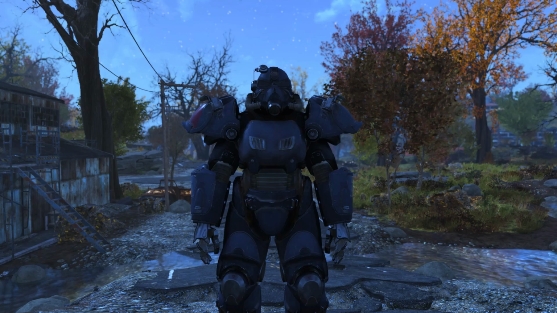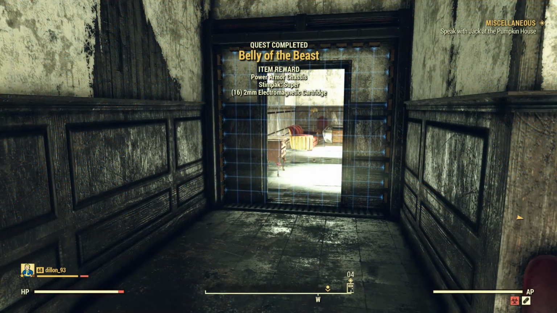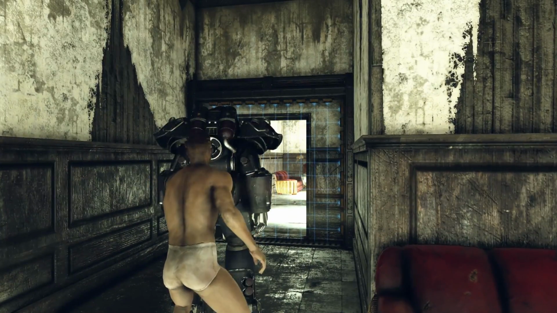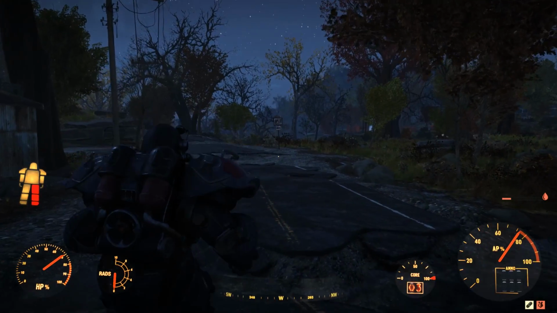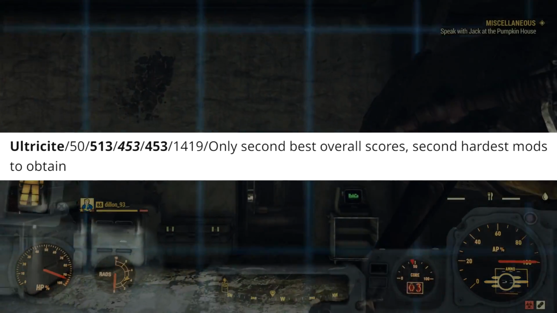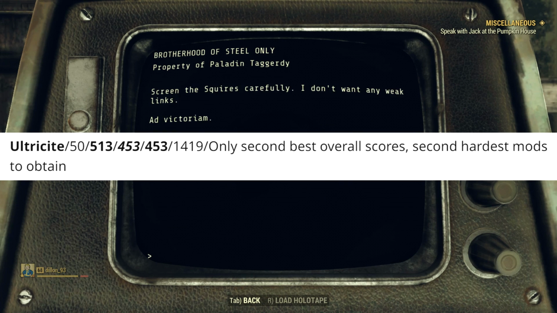So starting off with the Ultrasight Power Armor. Now the Ultrasight Armor is a quest reward that is given to you at the end of the Brotherhood of Steel questline. You will get the full set in your inventory, and it is a level 50 set of power armor, so it is one of those things that you will get in the late game, but it is one of the best power armors in this game. The only other set of power armor that I do prefer is the XO1, which we'll get more into shortly. But statistically speaking, the Ultrasight Power Armor offers a 513 physical damage resistance, a 453 energy resistance, and a